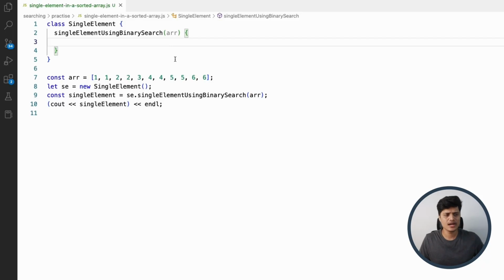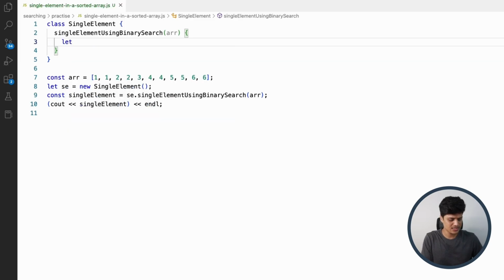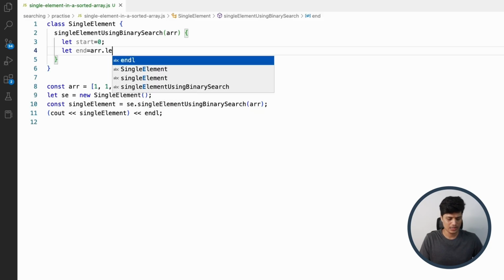Alright, now let's write the JavaScript code for finding the single number in the array of values that we have been given using binary search. Since we are going to solve this problem using binary search, let me define the variables start and end. This end will be pointing to array.length